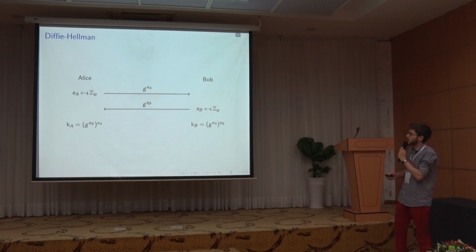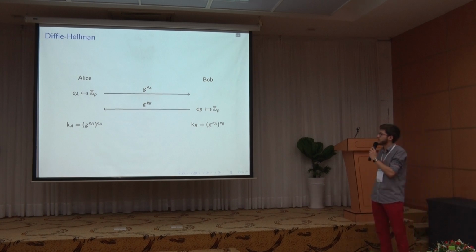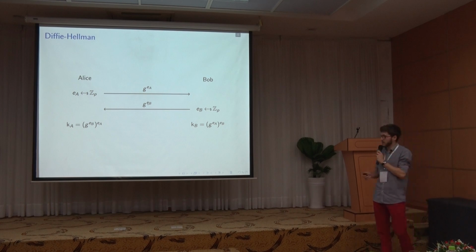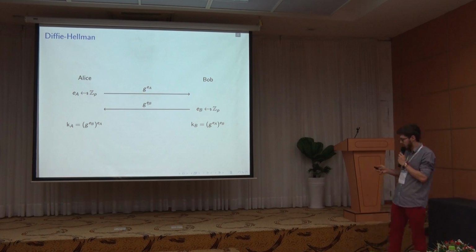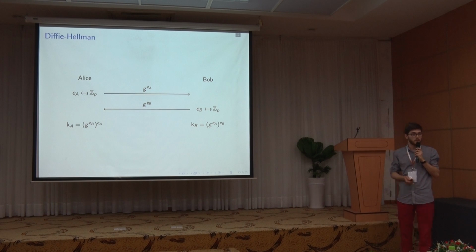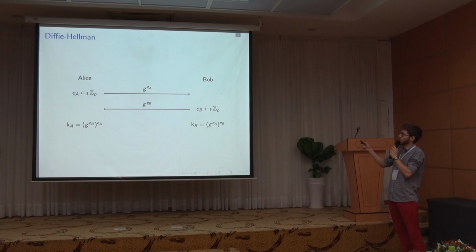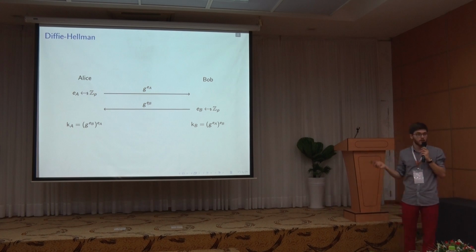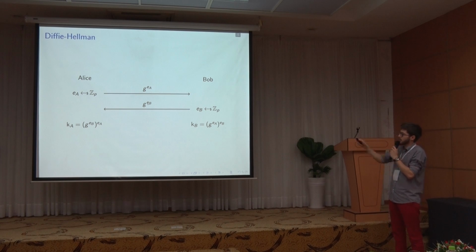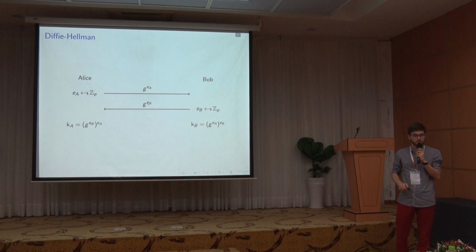So to begin, key exchange is usually thought of as the Diffie-Hellman key exchange. And we can see this as Alice generating an ephemeral element and sending it over to Bob, and then Bob generating his own ephemeral element and then sending it back over to Alice. So they send it not in the clear, obviously, but as the exponentiation of a group generator, and then they can both combine them at the end of the protocol to derive a key.